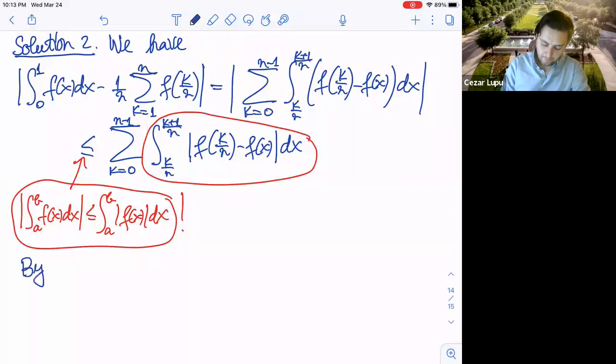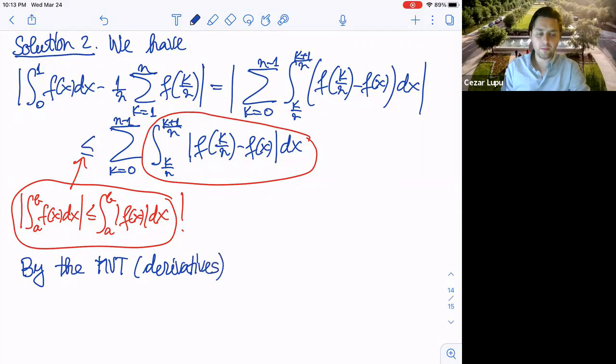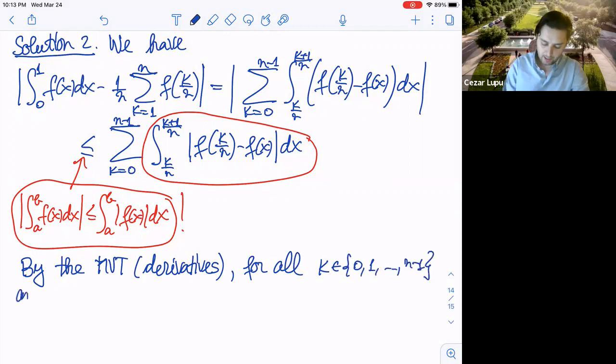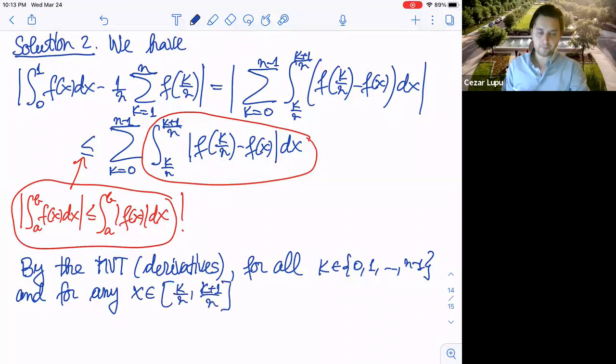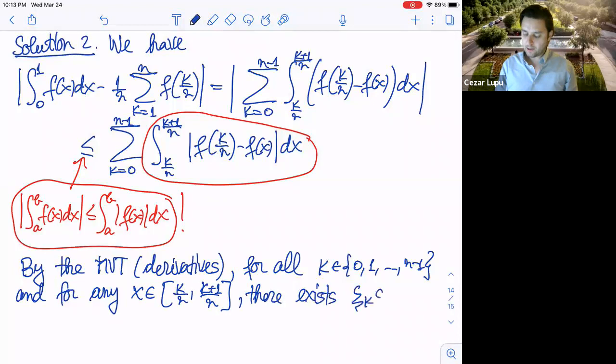By the mean value theorem for derivatives, for all k in this set, 0, 1, all the way to n minus 1, and for any x in this interval, k over n, k plus 1 over n, there exists a ck in this interval between k over n and x, such that